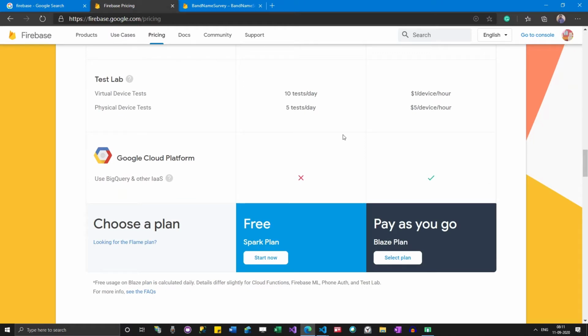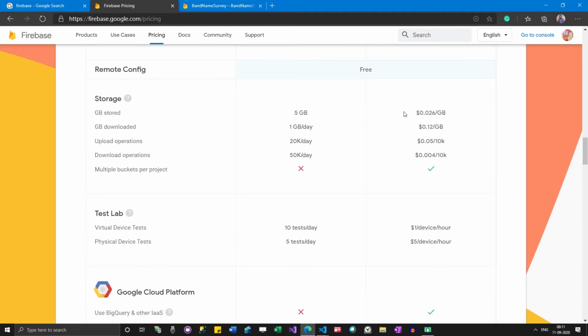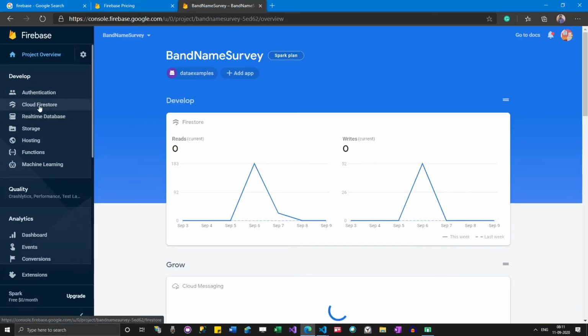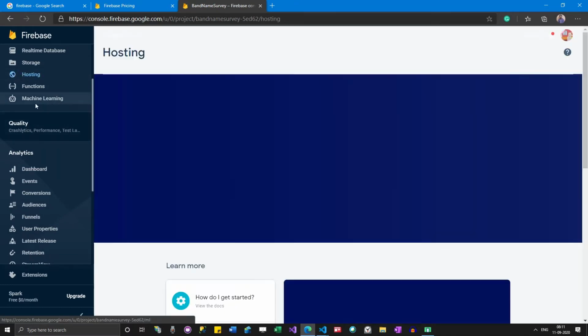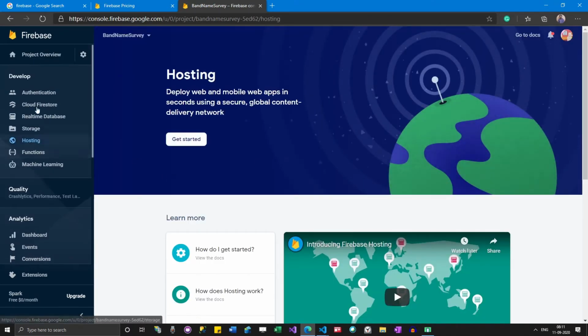Okay, and then cloud actually helps you with this. Cloud infrastructure helps you to scale your apps in minutes. All you have to do is be aware of how to use their console, and how to expand. As you can see, there are so many options: hosting, functions, machine learning. But trust me, you don't have to learn all this stuff for our mobile apps. So okay, that's about cloud, pricing and everything.